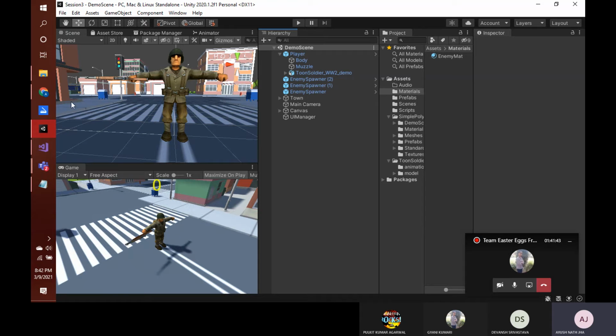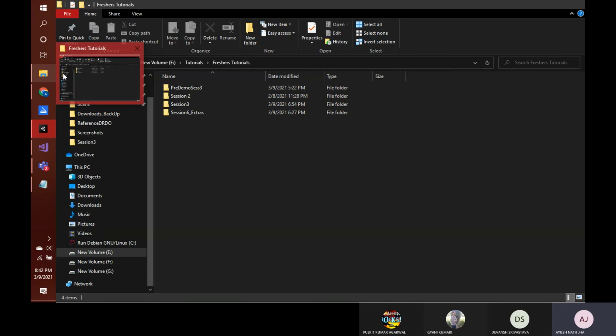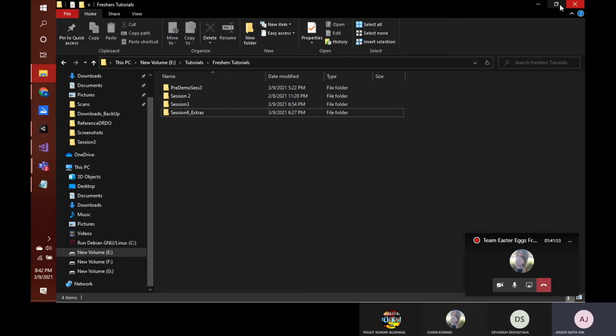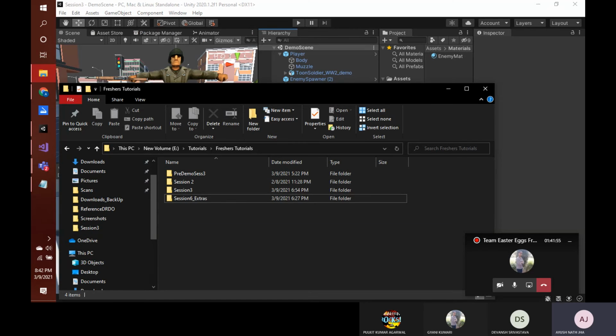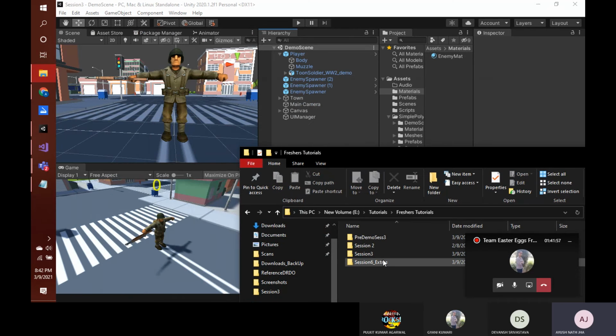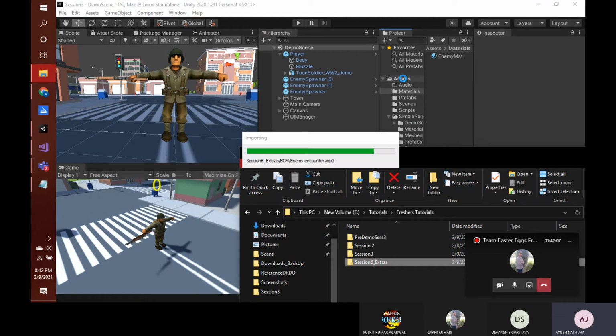The folder that I shared for download, we will need it now. So if you have downloaded that folder, it is by the name of session 6 extras. Okay, and if you have extracted this, like I have extracted this, and I just want to import this, so I'll just drag this folder from my explorer to here to the assets in Unity, and it will take some time to import, small time.